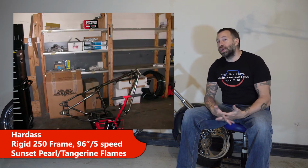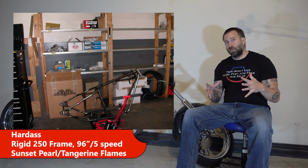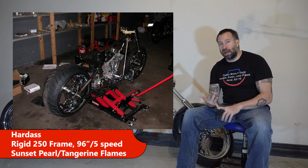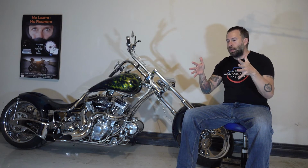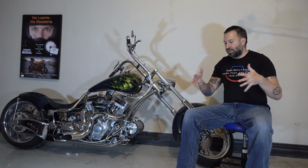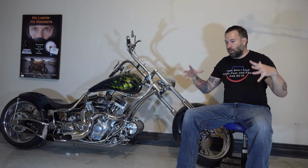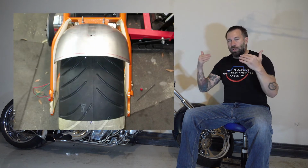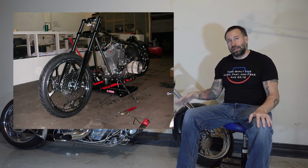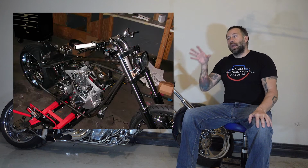called it. And I use that term because it was a rigid frame, which means no suspension. It was a 250 rear tire, and I wanted it to be really fat in back and then get skinny up front. So I just put a standard little Sportster peanut tank on it. And so you have this big old ass on it with the 250, and I put a short bob fender on it. And then I had a wide glide front end with, again, the skinny 21-inch front tire and a